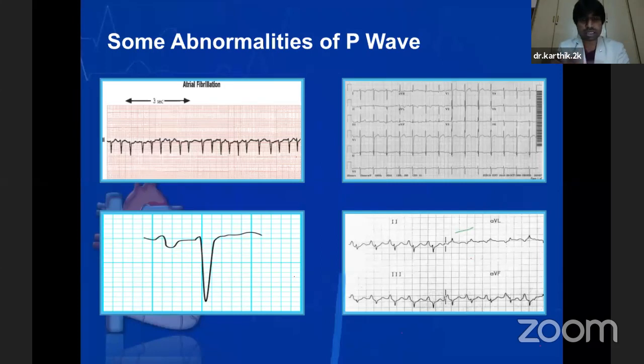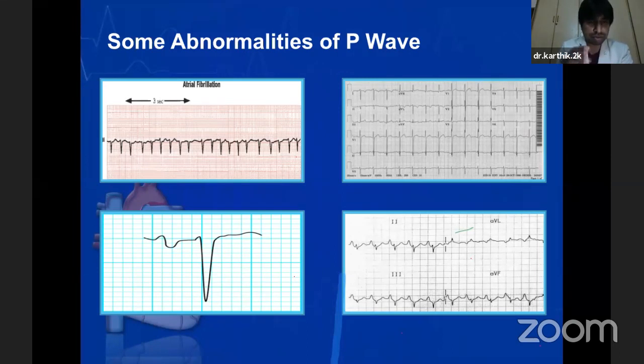Suppose the patient has biatrial enlargement, there is a particular morphology of the P wave. If there is right atrial enlargement, there is a morphology for a P wave. So these are the illustrations which will demonstrate that to you. In the first figure, we can see that there is an absence of P wave. In the second illustration, on the right top corner, we can see that the P waves are normal. In the third illustration, on the left bottom corner, we can see that the P wave is biphasic.